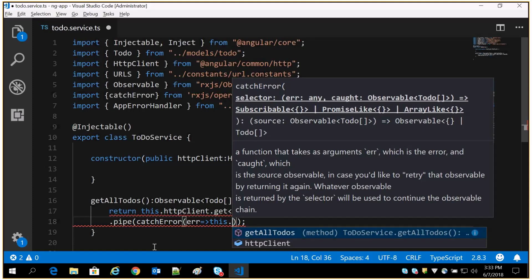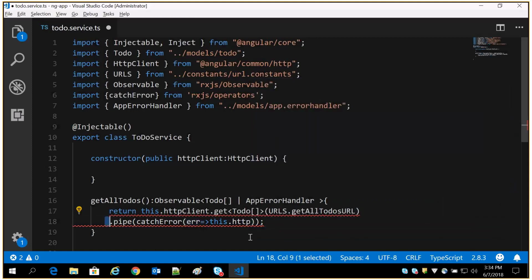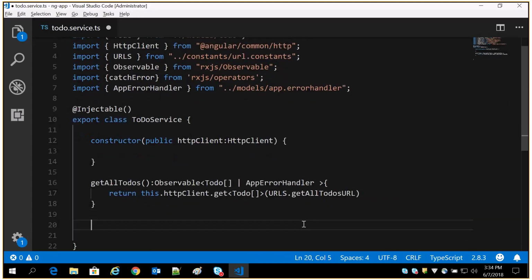HTTP error handler, this dot. I want to create one function in that case. So let me create one error handler. HTTP error handler. That's a function which is going to return, because I'm expecting app error handler, right?